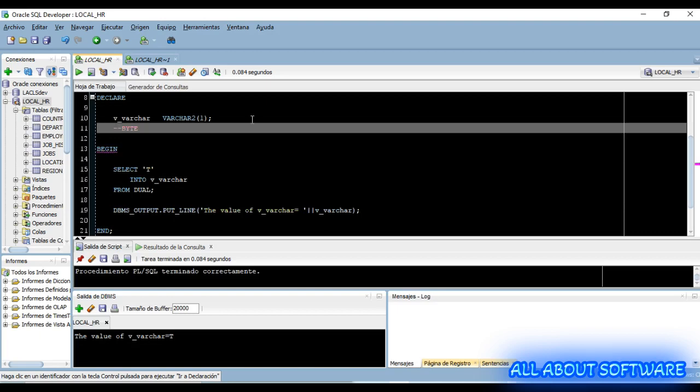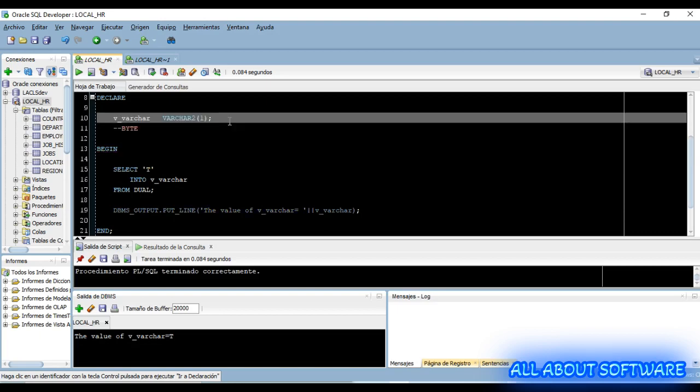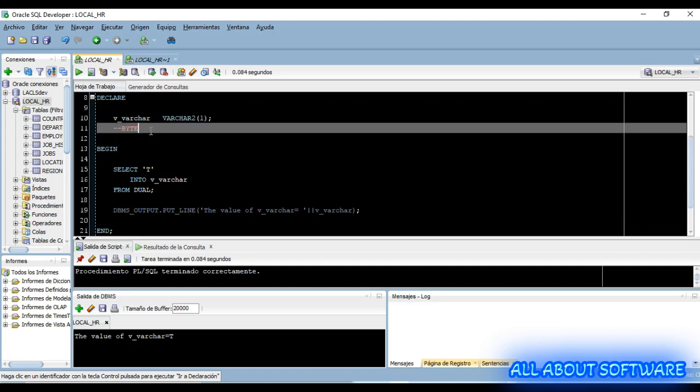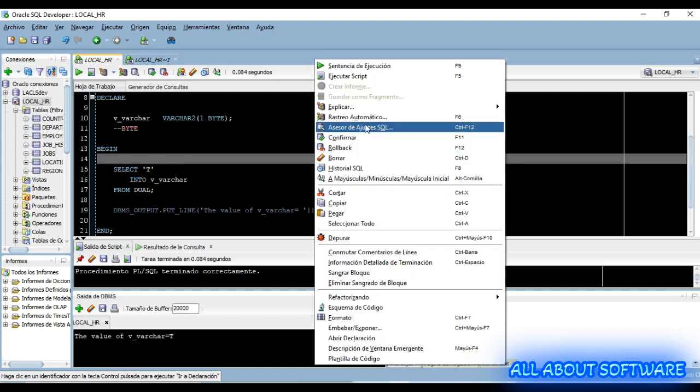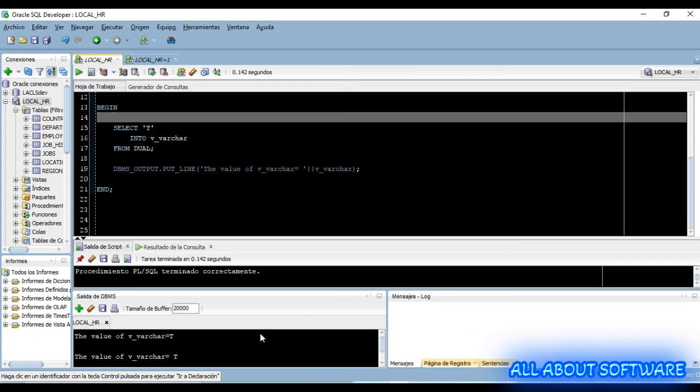This is the default type that this variable stores. It is the same as if we say 1 byte. We can run the script again. We have our result. We clean,